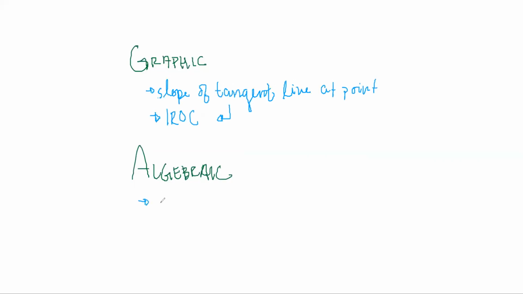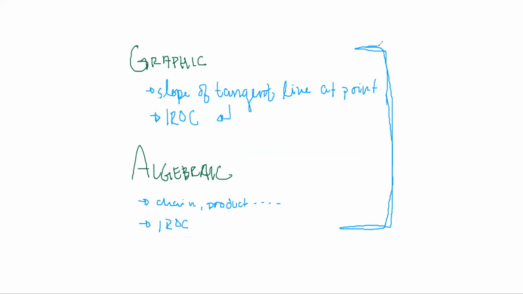Algebraically, we were looking at this whole process, like chain rule, product rule. We had this whole set of equations and stuff that we would learn how to do, and we knew that correlated to the instantaneous rate of change for a point. But the whole thing about finding with derivatives is linking these two concepts and understanding that although a problem may be initially posed as an algebraic problem, you can use a graphic tool to solve it. That was something I really enjoyed from my calculus teacher, which is why I'm bringing it up. So that same principle is going to be used